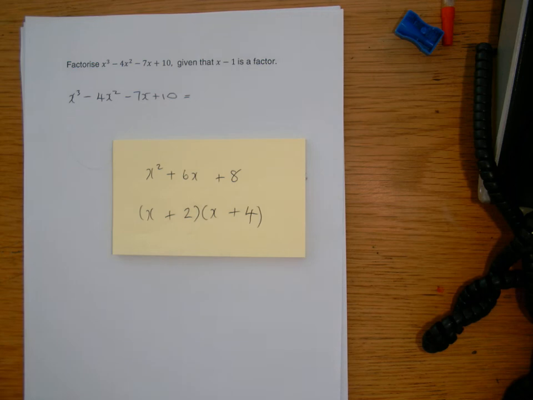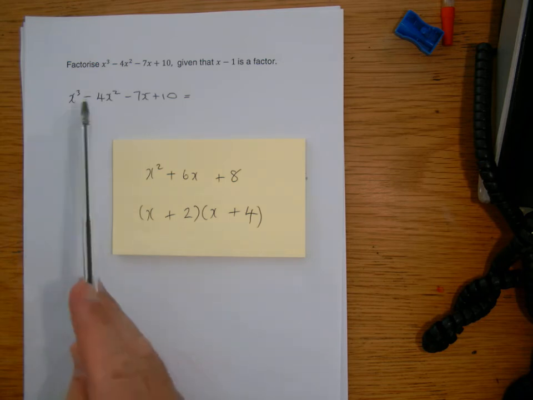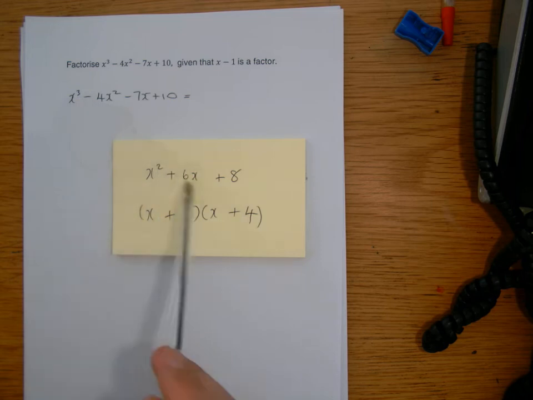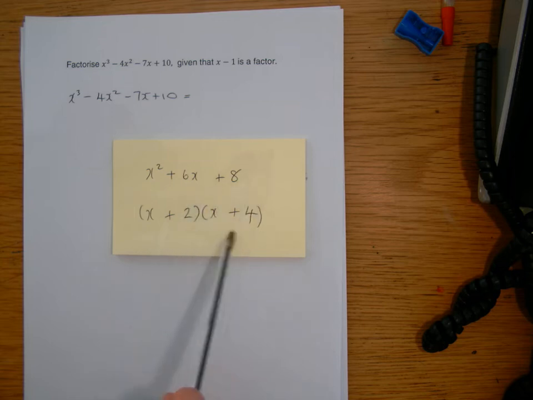Okay, factorise x cubed minus 4x squared minus 7x plus 10, given that x minus 1 is a factor. Now, when we come to the term factorise, we'll be used to this from GCSE. We were usually given a quadratic like this, and when you factorised it, you put it into brackets, as